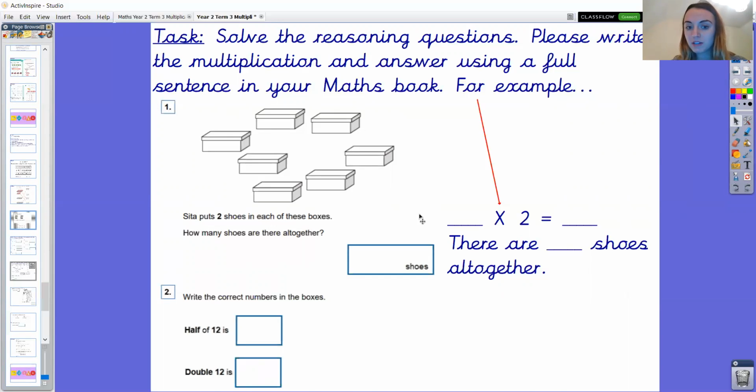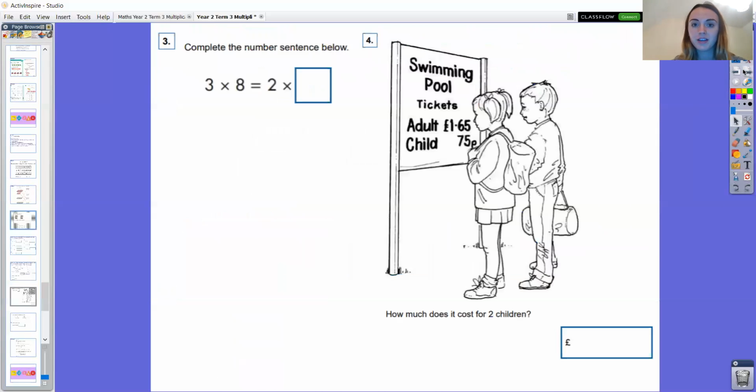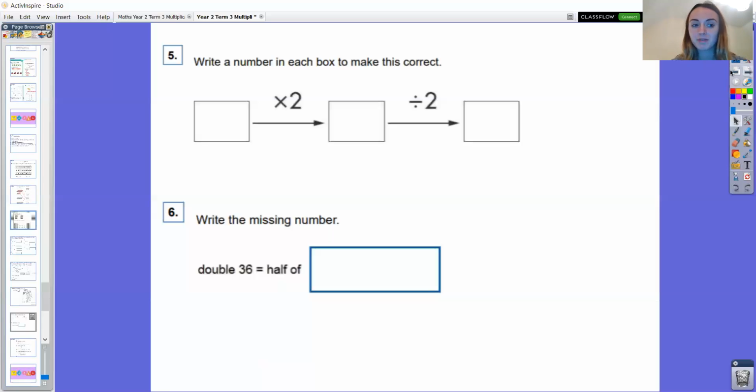An example has been shared here. So times 2 equals. There are shoes altogether. And like I say, please draw an array if you find that helpful. So we have number 1, number 2 here, number 3, number 4, number 5, and number 6,